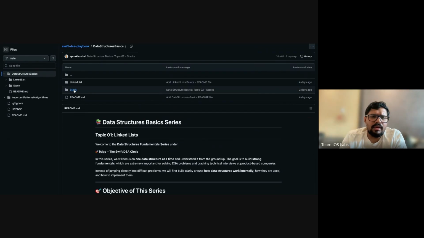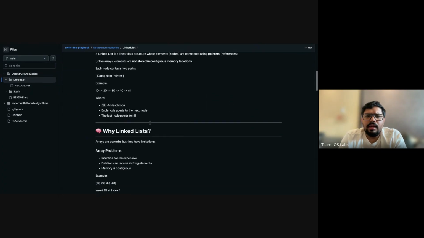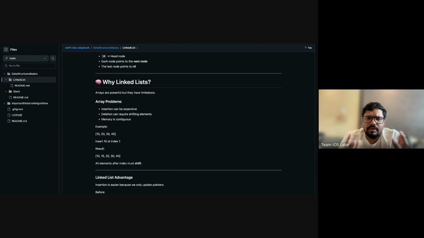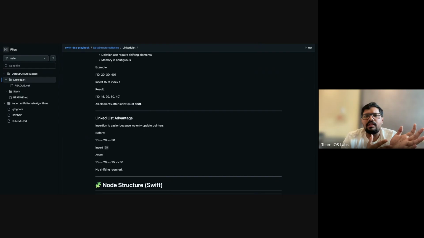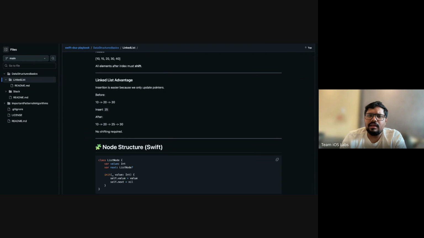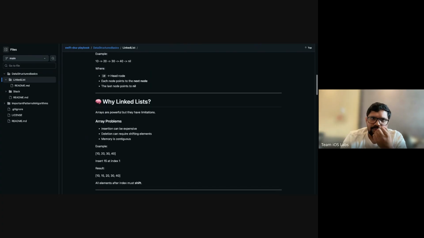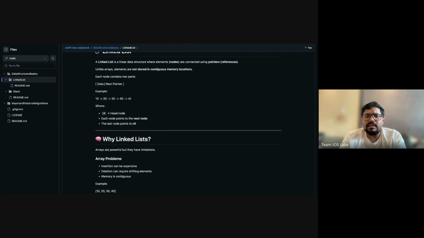I have added stack here as well, but sorry, today we discuss only linked list, very briefly. So what is a linked list? How does it work? A linked list is a data structure where you have data and a pointer to the next node. I'm talking right now only about the singly linked list, not the doubly linked list or circular linked list. So first we will discuss only the singly linked list.